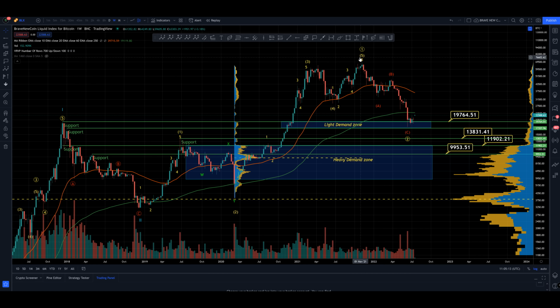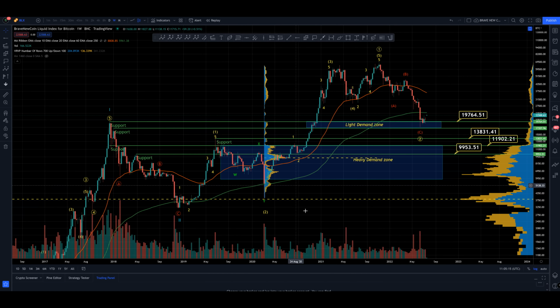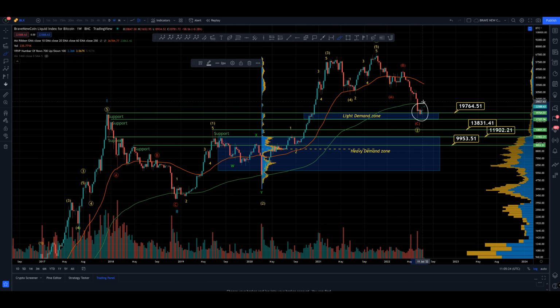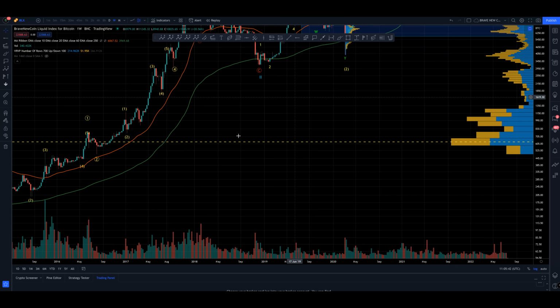So how do things look overall? Well, we have pierced the 250-day exponential moving average, as we can see here, and are currently trading below it. Right, this is on the weekly time frame, the 250 weekly exponential moving average. We pierced it here as well, and we bodied below it for a while back here. That's what we're doing currently. Now, we do look more bearish from that perspective than we have in the past.